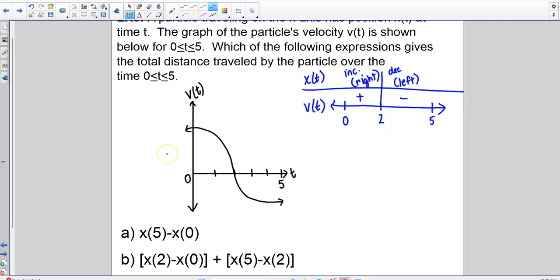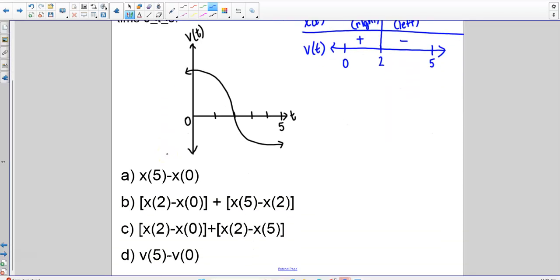But I can't do that. Now, if you look at answer choice A, this is the displacement. The displacement is when we just take position at the end minus position at the beginning. And displacement is not what they're asking us for here,